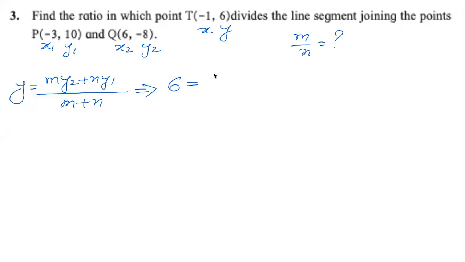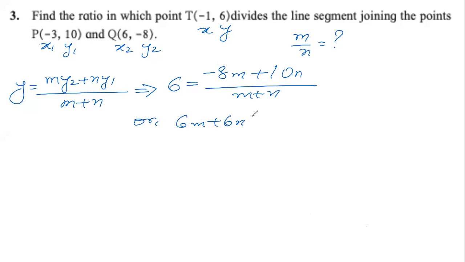So we need to find m and n. We don't know. But we know that here y is 6, and if we use this formula for y, we can say y2 is minus 8, so minus 8m. Then y1 is 10, so 10n, divided by m plus n. So now 6m plus 6n equals minus 8m plus 10n, or 6m plus 8m equals 10n minus 6n,